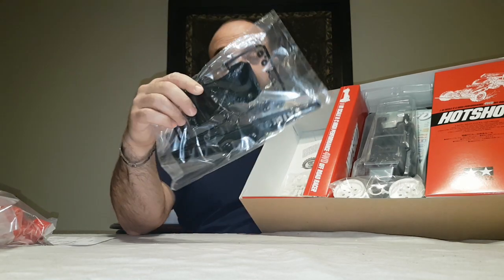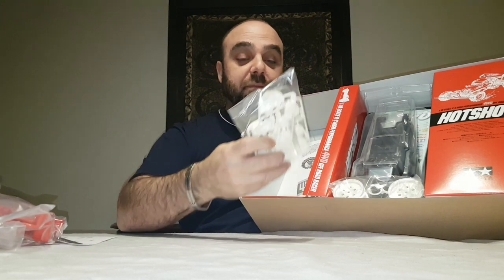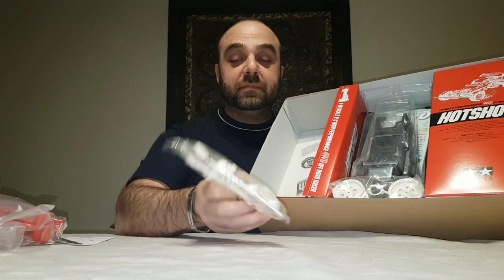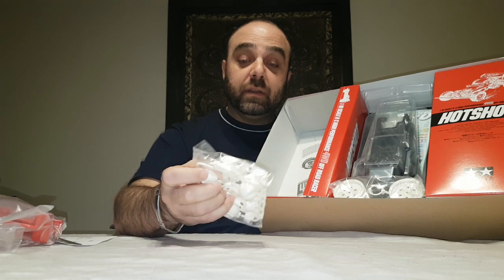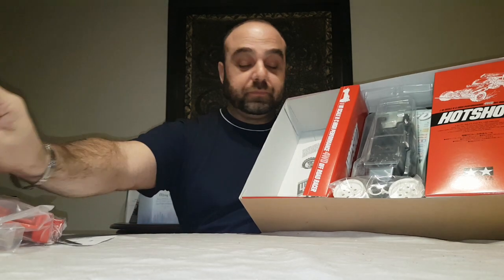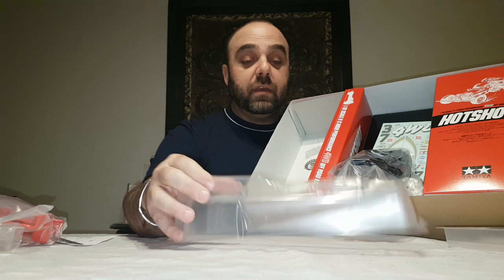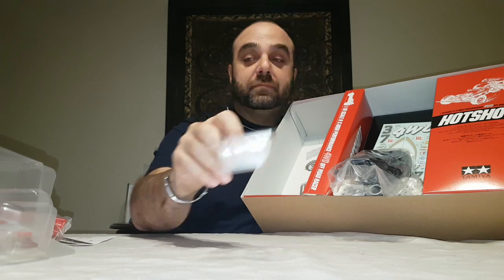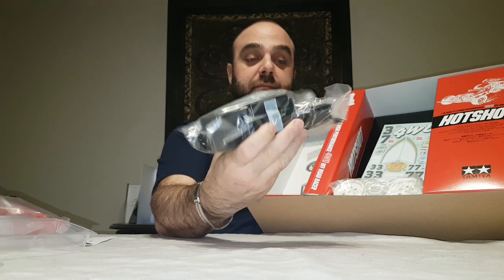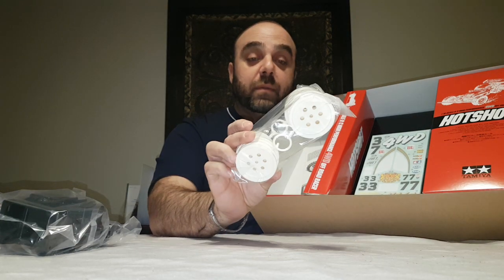Front bumper. Oh, it's got Tamiya written on it. That's nice. It's got the shield on the bottom. It's a cool build. Driver, putting this guy together, and inside there's a servo, yeah, the servo connections as well. Alright, we have the main body, the wing, part of the tub chassis, the 4 rims, front and rear,